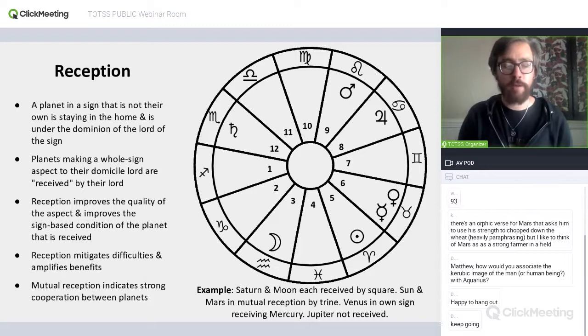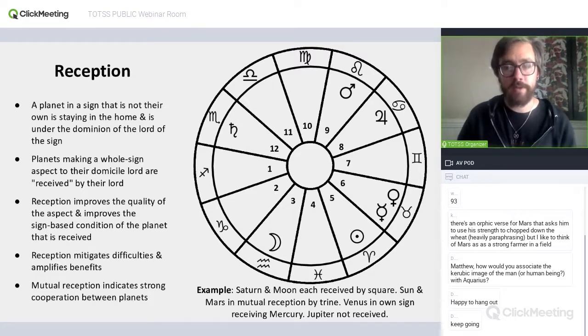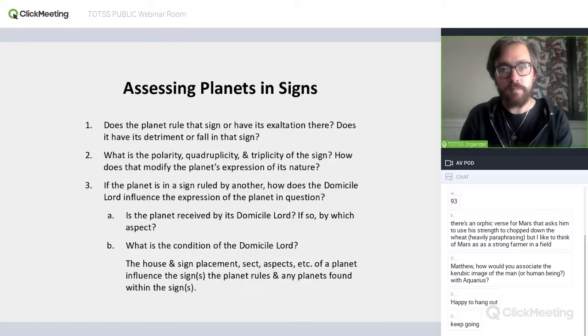But looking at the relationship between the planet in the sign and the planet that rules that sign is another way of understanding how these things play out, and understanding why sometimes you'll see the more positive or sometimes the more difficult possible significations for planets and signs. One way of accessing that is through reception and the relationship of a planet to that planet's domicile lord.